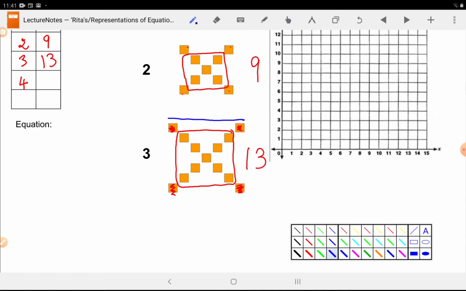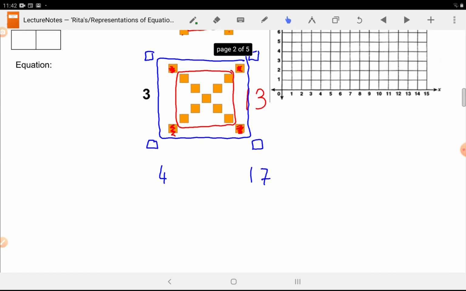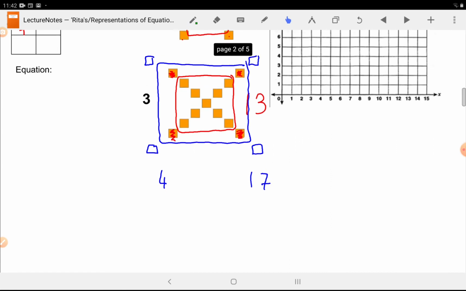If I were to take figure number 3, then add 1 square on each side and keep going with that pattern, figure number 4 is going to have 17 squares. Now, what if I say, get me the number of squares for figure number 5? Let me scroll this down a little. If I were to do this again,